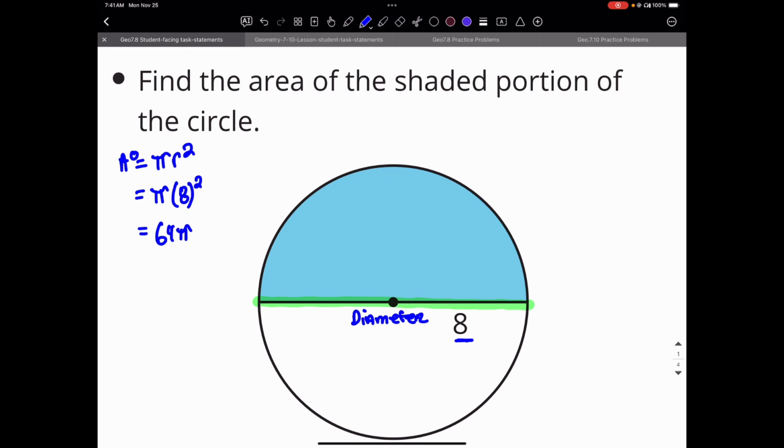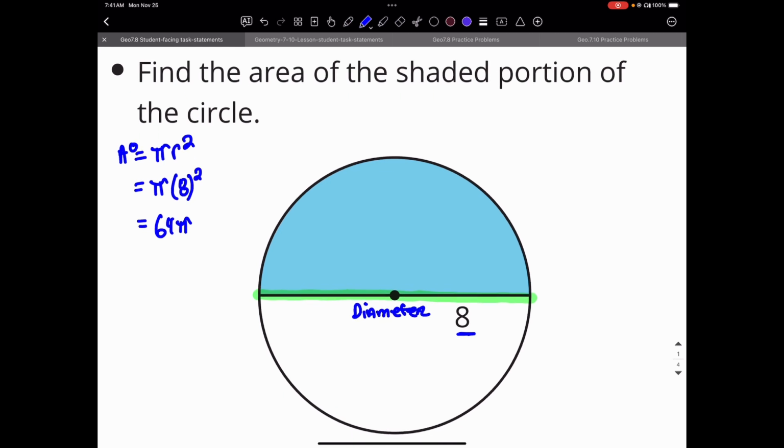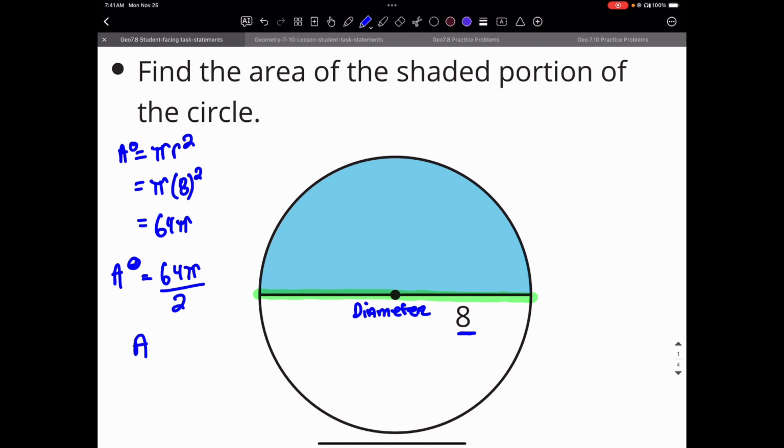So then for the shaded region, the area of the shaded region would be 64 pi divided by 2. So this one would be 32 pi, right? So this shaded region is 32 pi. And I'm going to keep it in terms of pi just because it's more precise that way for one, but it's easier to deal with, right? Okay,